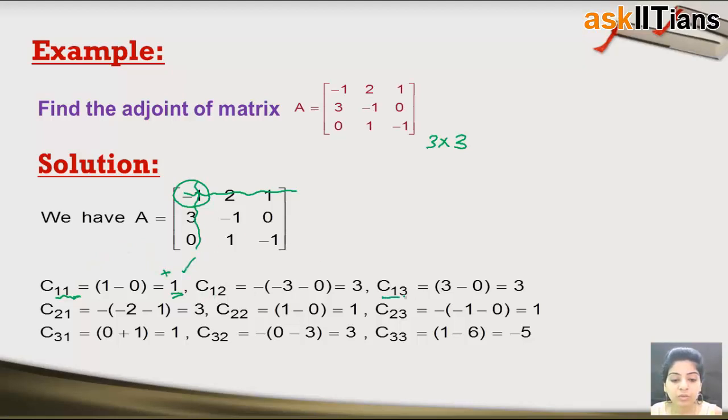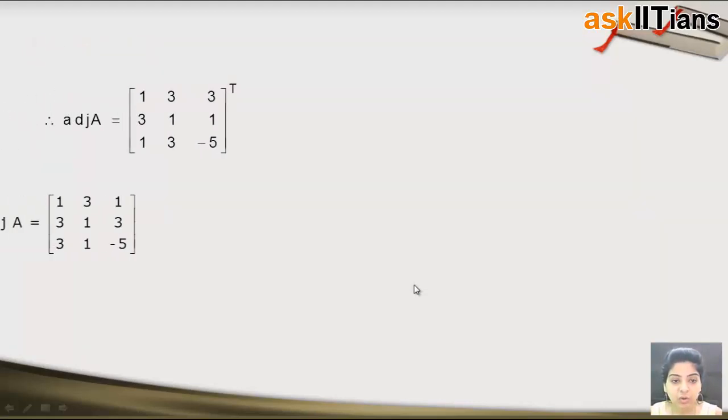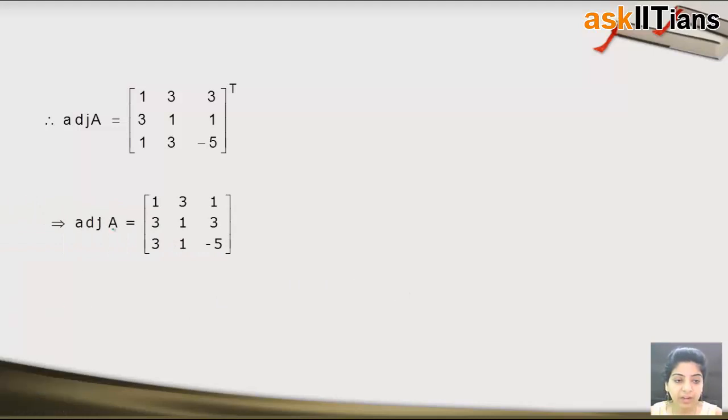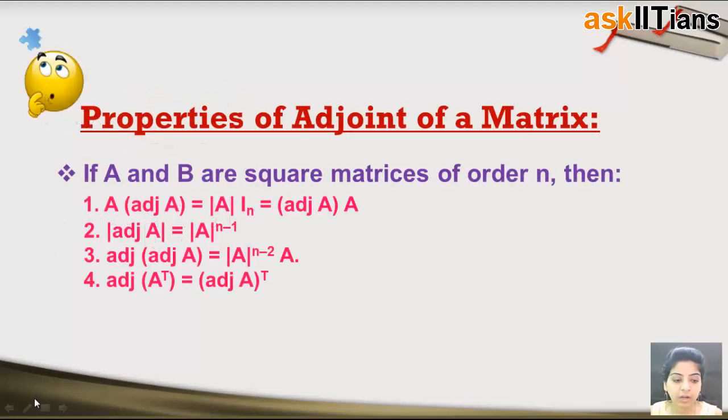Similarly, you compute C12, C13 and so on, until we get C33, right? Once you get all the cofactors, you just form the matrix of cofactors. This is the matrix of cofactors. You write down C11 here, C12, C13. Similarly, you get this matrix and then find out the transpose of this matrix. So you get adjoint A as the transpose: 1 3 1 becomes the first row 1 3 1. Then we have the second column 3 1 3. It becomes my second row, and my third column becomes my third row. So this is the adjoint of the 3 cross 3 matrix A. I hope you would have understood by now.